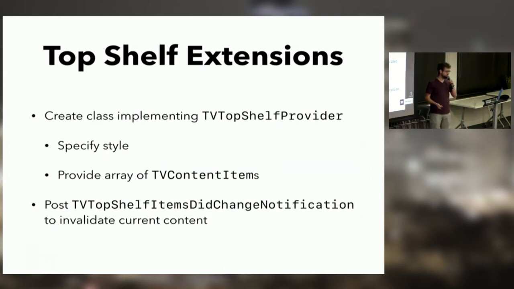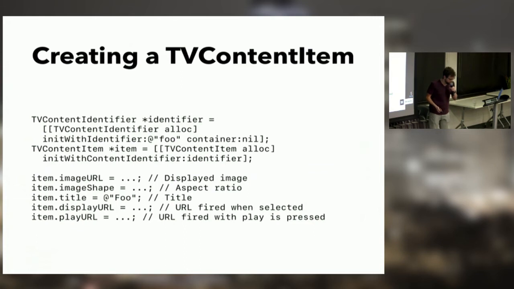So getting into the details of this a little bit more, there's this class that you return from your top shelf extension called a TV content item. This is a lot of boilerplate stuff, and it's documented pretty well, but you construct a TV content item with an identifier. They created a dedicated identifier class just for TV content items. I actually don't know why they did that, because these things are not queryable. Like, you as a developer cannot get these later, and this content is pretty ephemeral. As far as I can tell, tvOS flushes this content all the time, so I don't think it's caching them either. But nonetheless, you have to create these TV content identifier classes.